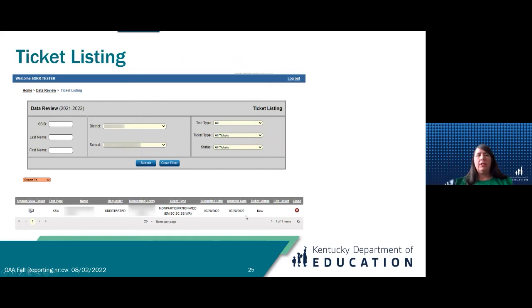And then let's talk about your ticket listings. When you click on your ticket listings, you'll be able to see all of your tickets. You'll be able to update and view those to the left. And you can see all the information if you need to make changes to that student. Once you've submitted that ticket, you'll be able to see it and view it here on the update and view